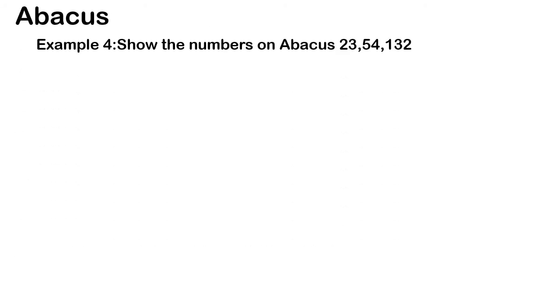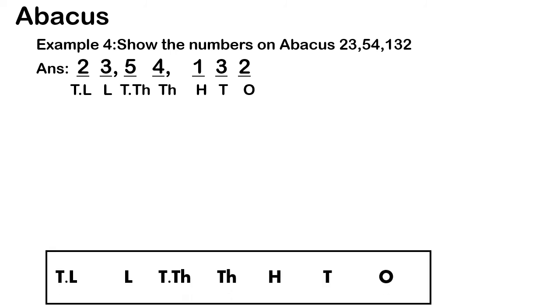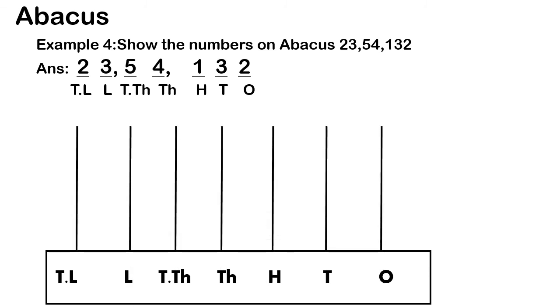Now, in 3rd standard itself, you have learnt about abacus, isn't it? So now we are going to just recall. Show the numbers on abacus. 23 lakhs 54,132. So the first step is we have to write the place value. Then the next step, we are going to draw an abacus. First, draw one rectangle. Then draw like this. So this is called an abacus. Then write the place value also in the abacus: ones, tens, hundreds, 1000, 10,000, lakhs, 10 lakhs.